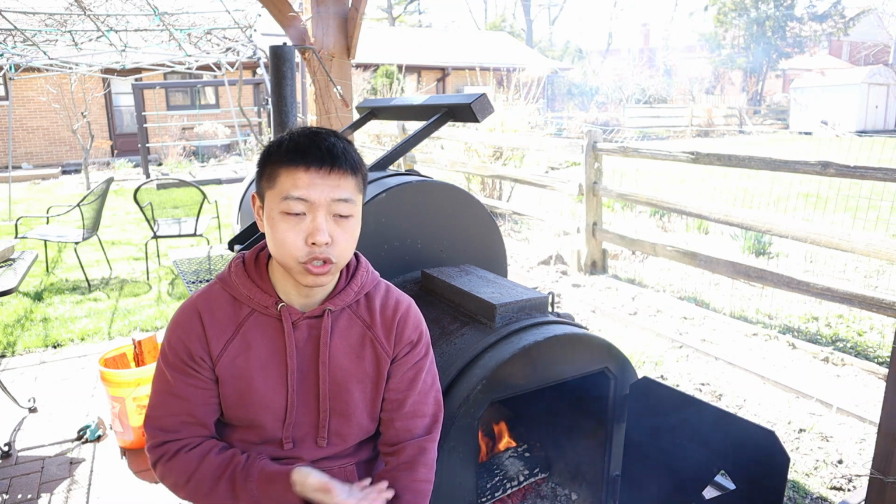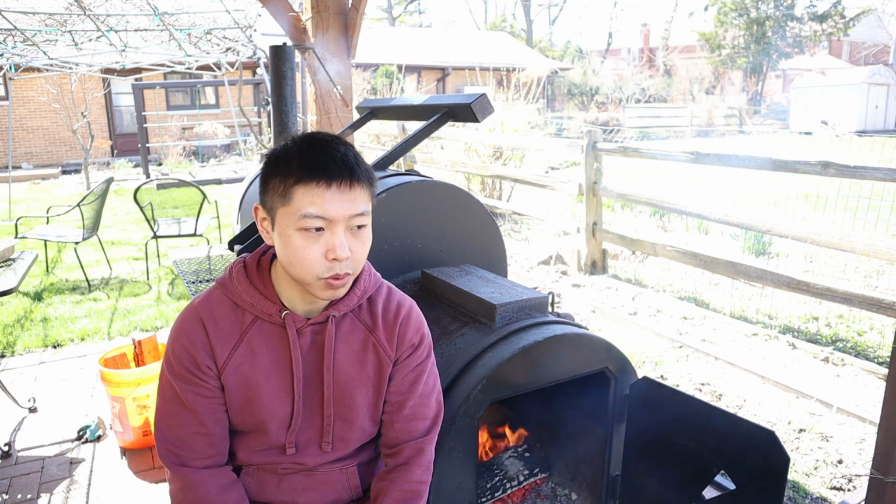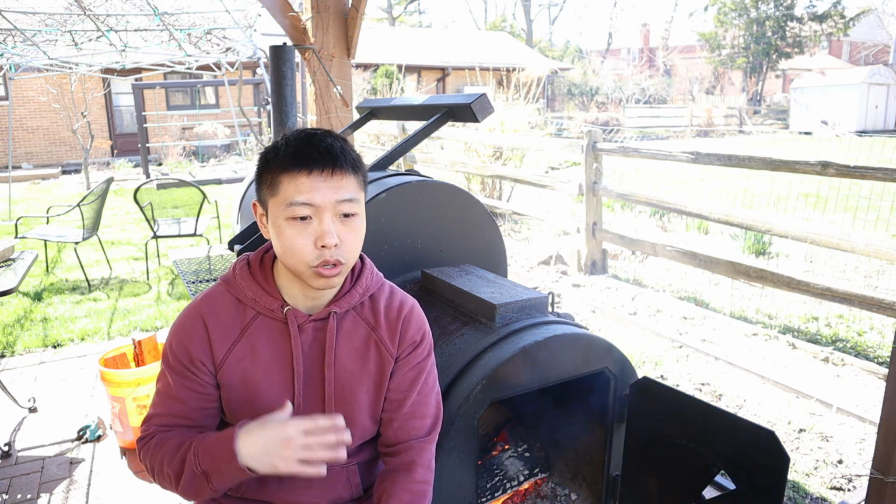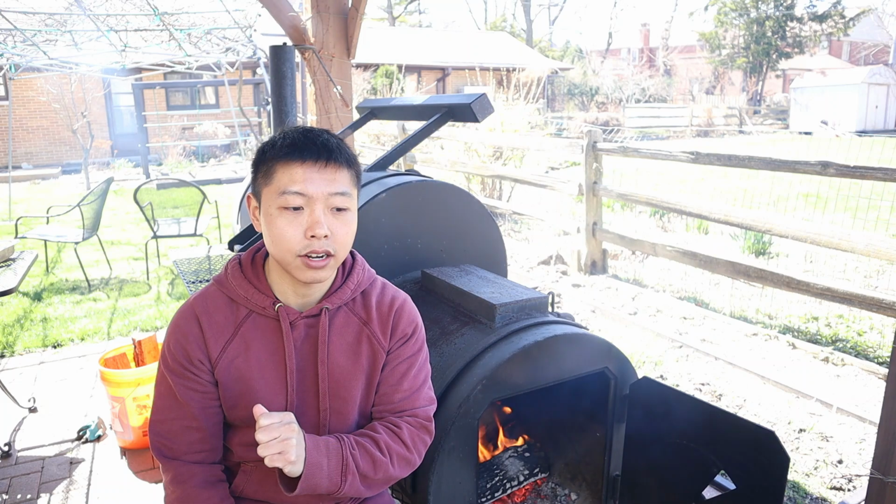If you are using wood that's a little bit thicker, a little more green, that might need more oxygen, then you would probably need to keep that door more open, just because it needs more air. And if you restrict it, you're going to start to see a lot of smoke coming out of your firebox. My fire right now, I'm putting those big logs in there, because I'm too lazy to split them. Until they start breaking down a little bit, I'll leave the door open so it's burning properly. But as it gets closer to breaking down or becoming chunks, then I can start slowly closing my door down, because I know it doesn't need all that air to burn more